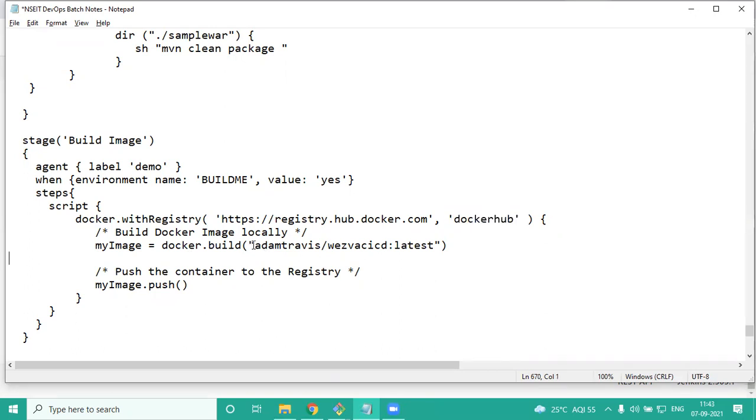Okay, and this is the image name. Now from where will it take the Docker file? So it will take the Docker file from the default current location, that is where we have added. And once it is done, the image push will automatically push this image to the Docker Hub under